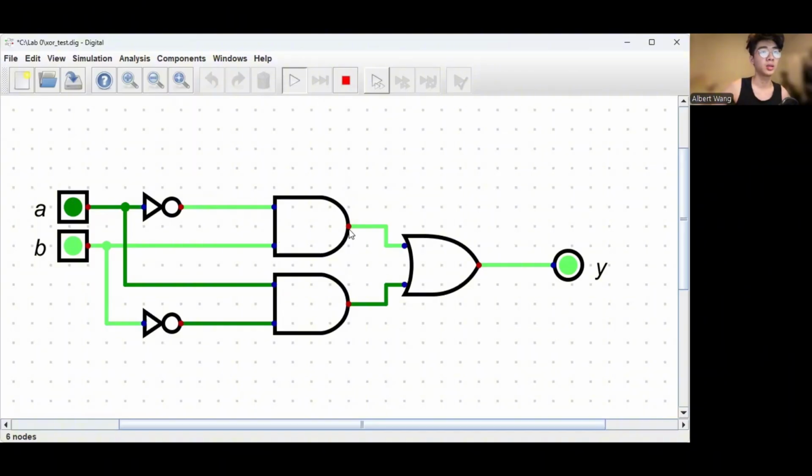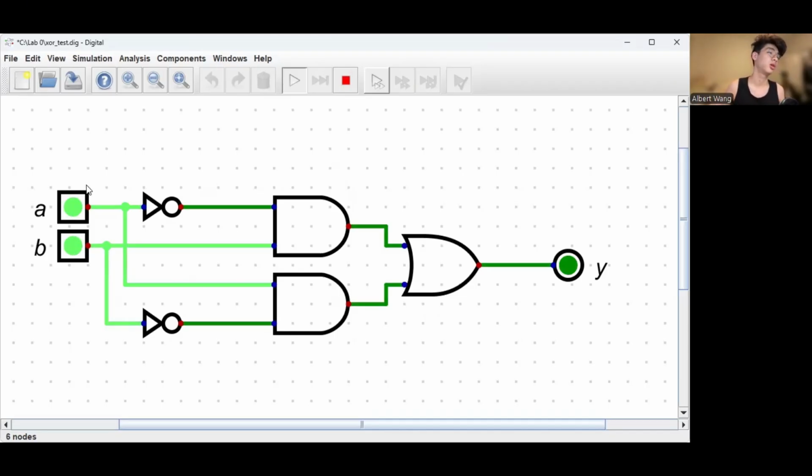The AND gate passes, so here it turns 1, and it went through the OR gate and makes the output Y 1. And opposite,